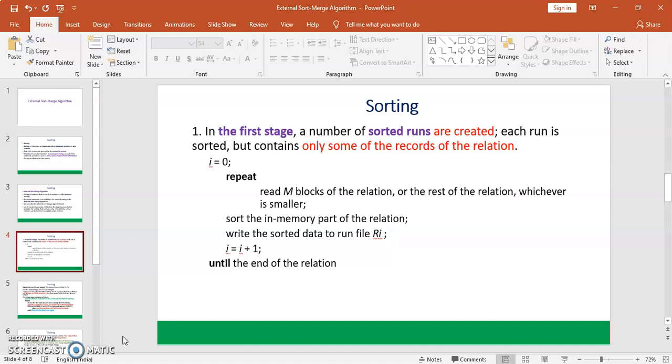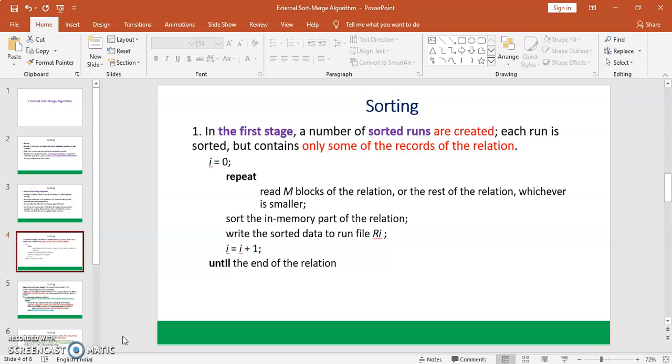Sort the in-memory part of the relation, the blocks that are situated in the buffer. Write the sorted data to the run file Ri. So we have created the sorted output that is stored in R0, Ri.